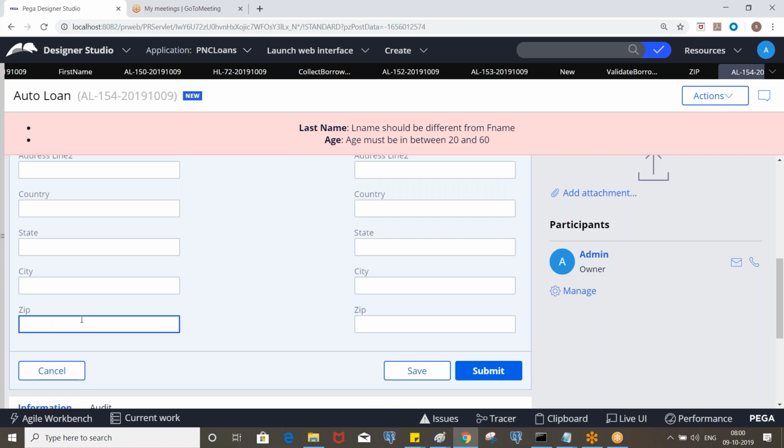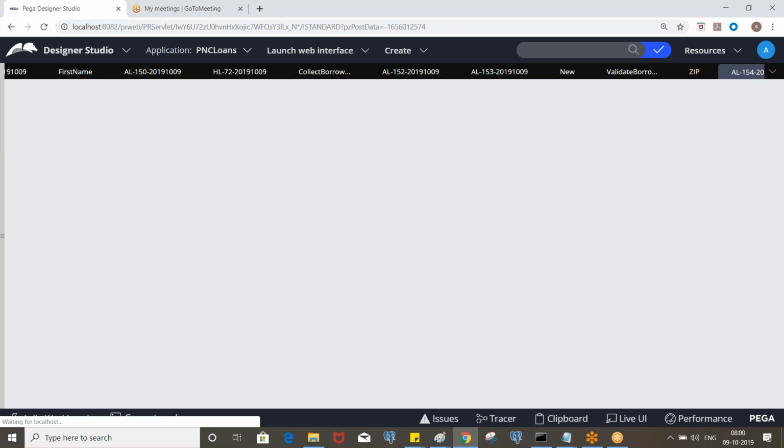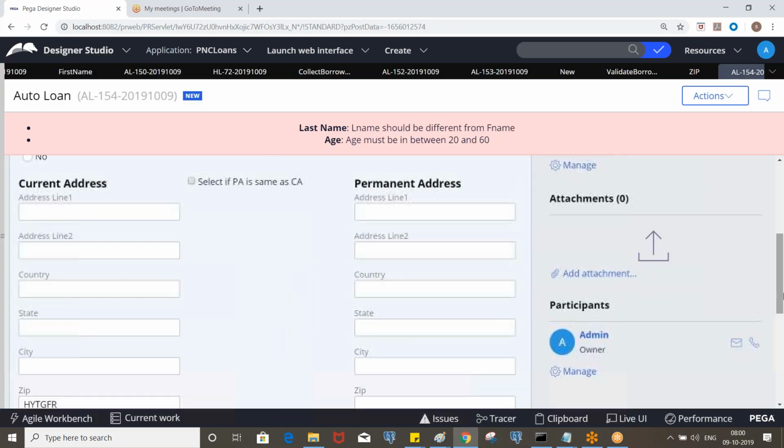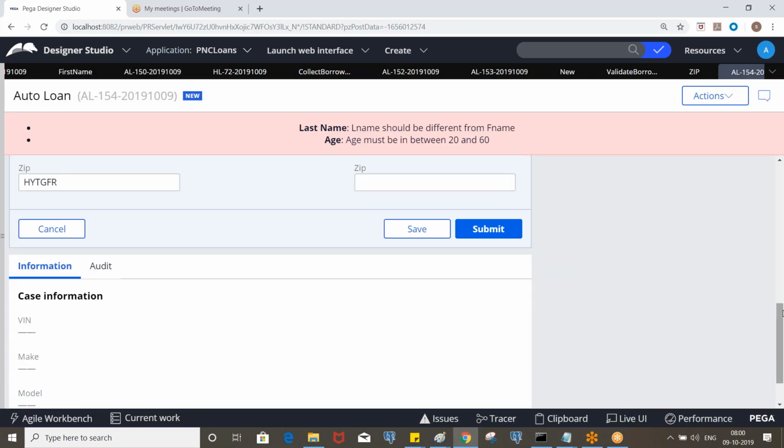Even if we enter characters, it is accepted, so we are not handling this part. We are just checking the entered text. If you want to accept only digits, then we need to handle that part.